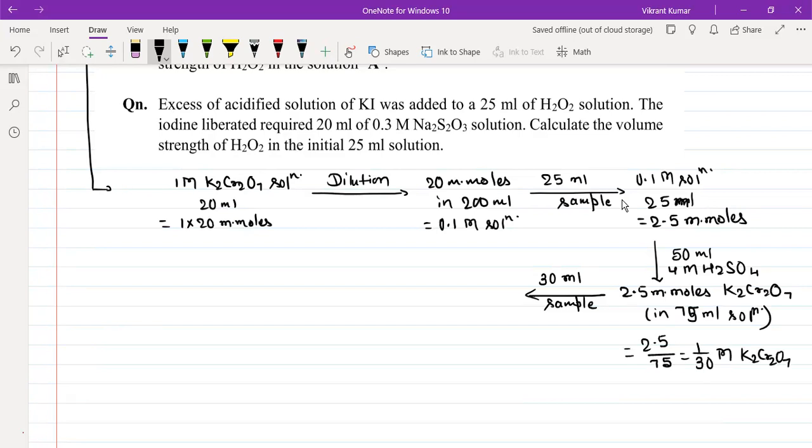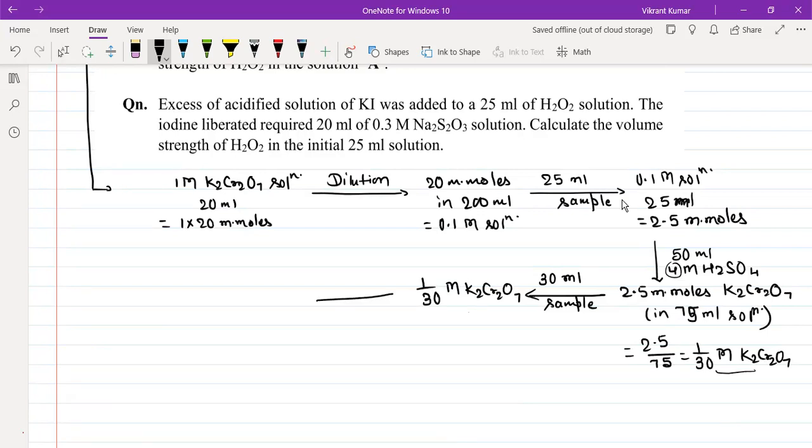Whatever is comfortable to you, you can carry that. So I'm carrying this molarity because that is not changing. So we'll say this is having 1 by 30 M K2Cr2O7. ठीक है? H2SO4 is just maintaining the acidic medium and that is sufficient क्योंकि यहाँ साफ साफ 4M के साथ. Okay. So now